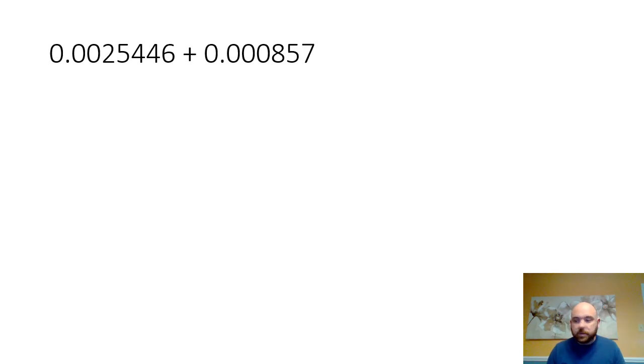We have an addition with long decimals in this one, so we count and see that we have 1, 2, 3, 4, 5, 6, 7 decimal places in the first figure. We have 1, 2, 3, 4, 5, 6 decimal places in the second figure, so we'll round off our answer to 6 decimal places. If I type in the numbers, I return the answer